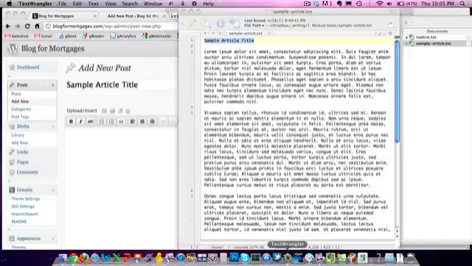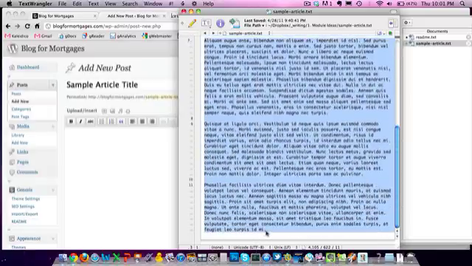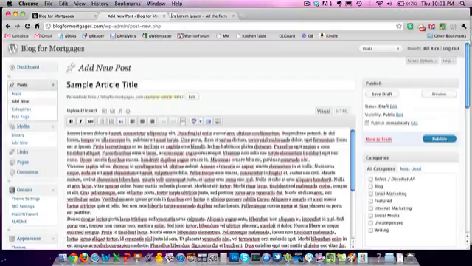Then you're going to go back and take the actual article content, and again copy and paste it into the area. Then the next thing, and this is probably the slightly more complicated portion, is we're going to